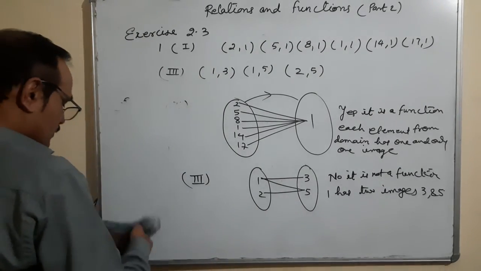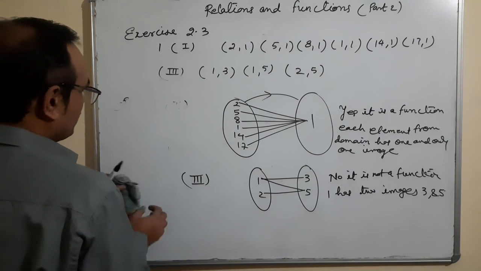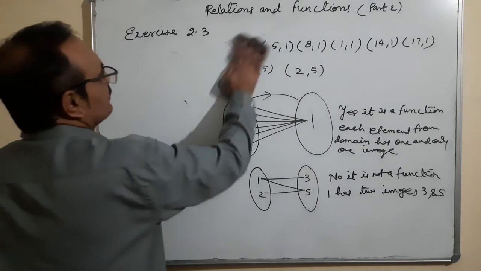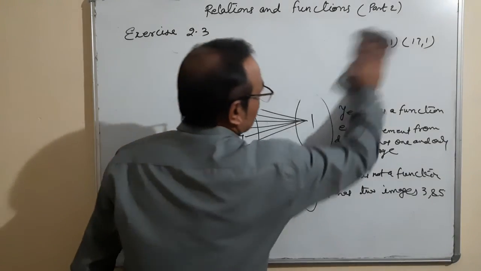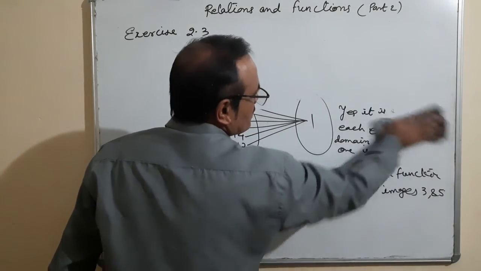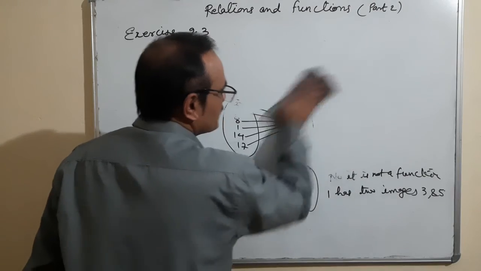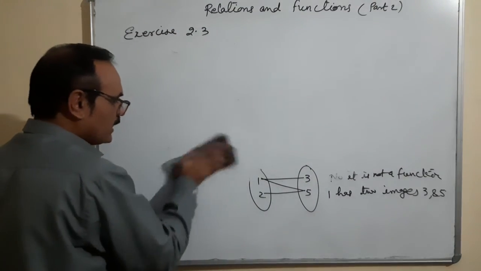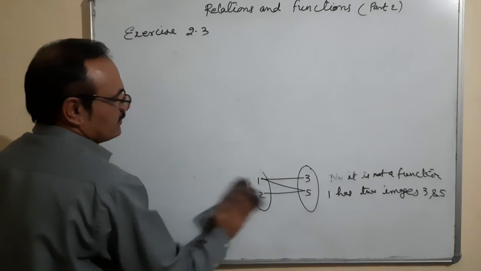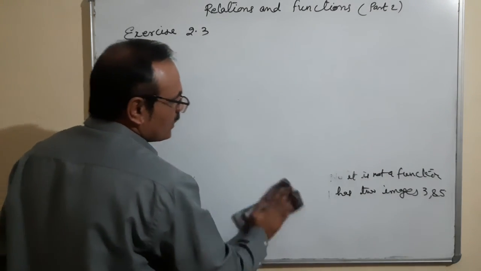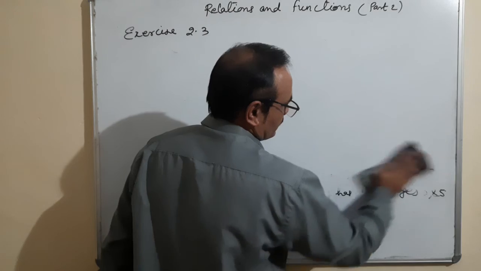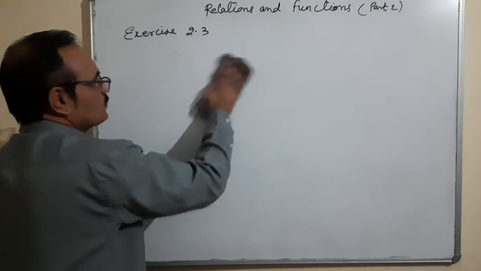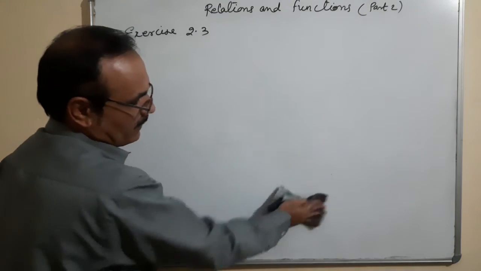So this was question number 1. You have identified properly which one is a function and which is not. Relations are everything; in a relation there is no boundary at all. One element or all elements from the domain set can have one or two or many images from the codomain. That is a relation, but in a function each element has one and only one image.